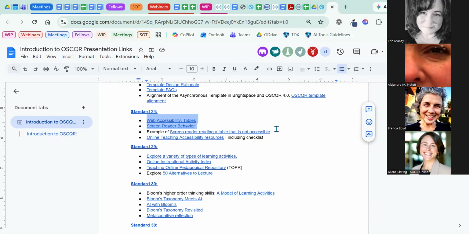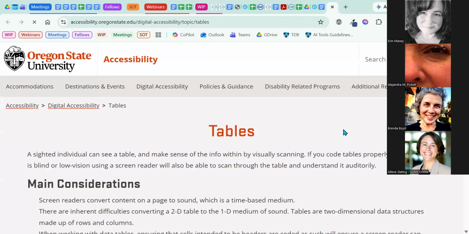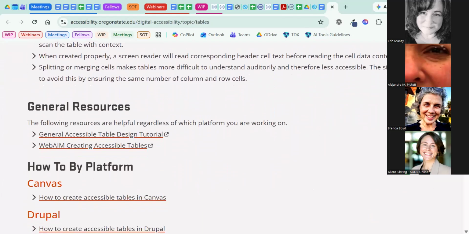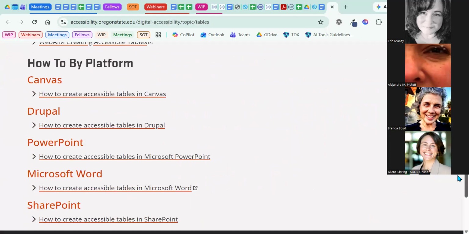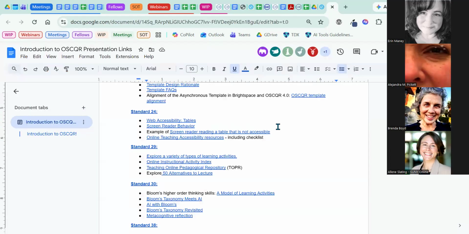But if you have to use a table, you need to be able to describe it in narrative, and also have it formatted appropriately so that the screen reader can read it in a way that is more comprehensible. And I have an example of what it sounds like. Table with 8 columns and 5 rows. Fall term, freshman, sophomore, junior, senior, post-bac, non-degree, total, 2007, 42, 40, 32, 18, 34, 18, 46, 39, 344,